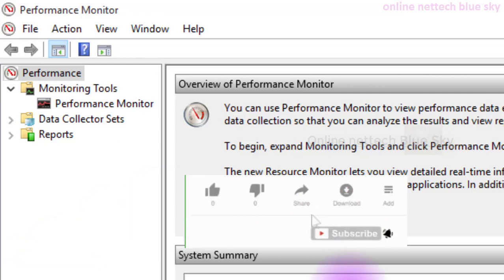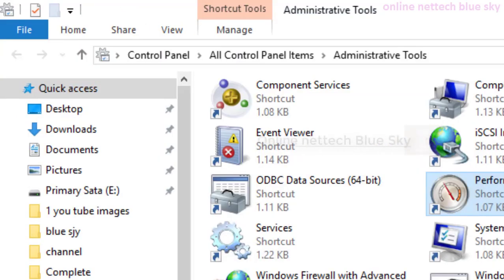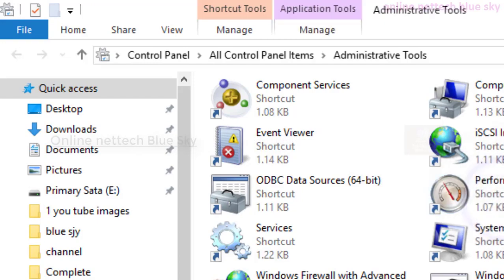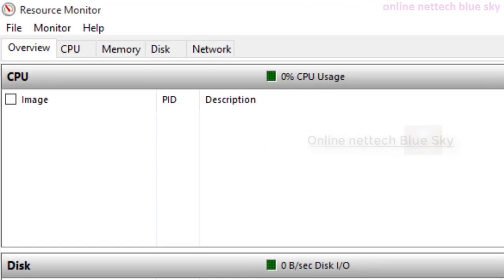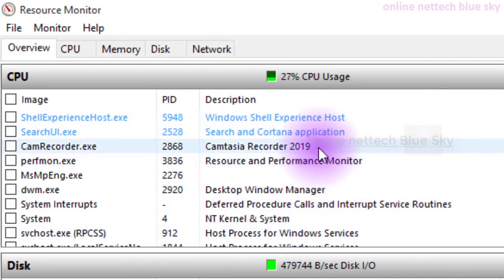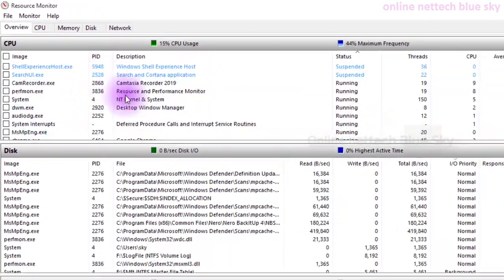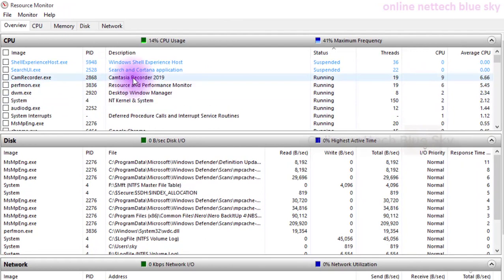So you can see here in my Control Panel series, Performance Monitor and Resource Monitor show the same logo, but the work is different. Resource Monitor stores everything, data and process background side. I have already created videos on background processes.